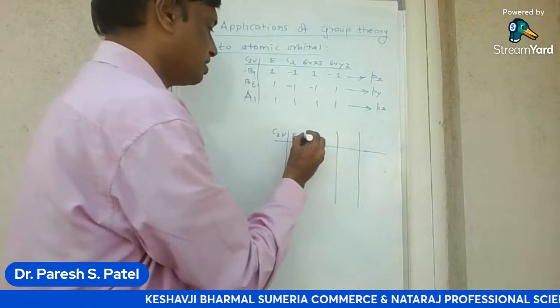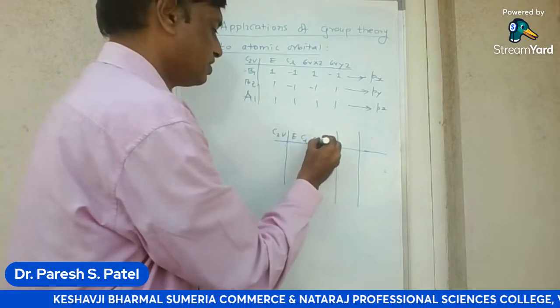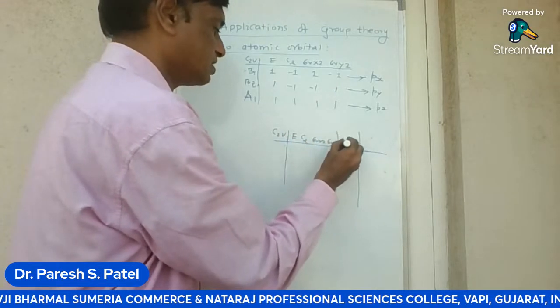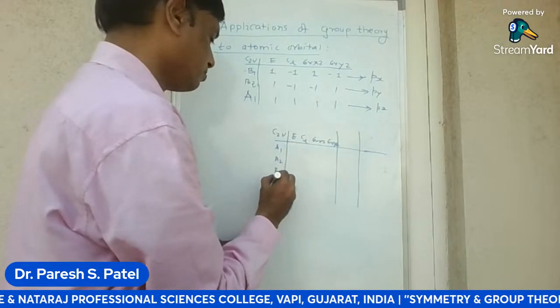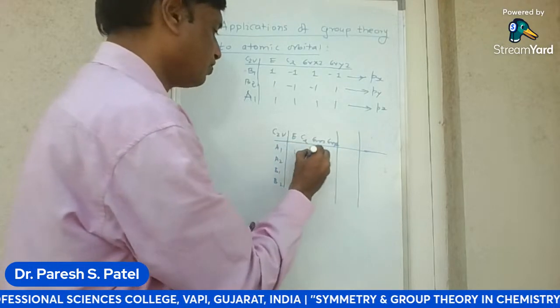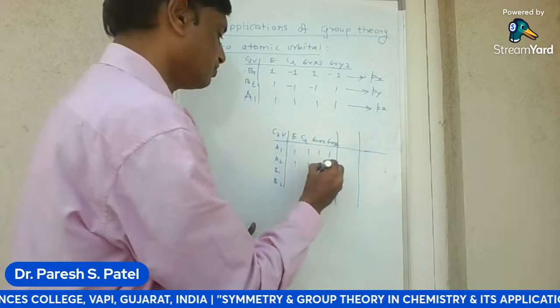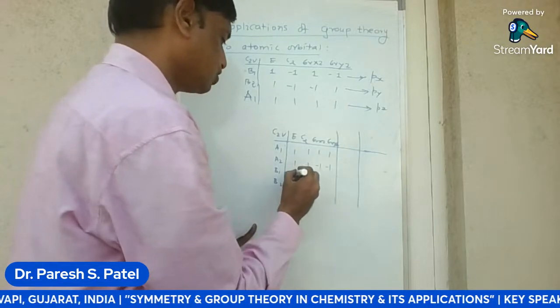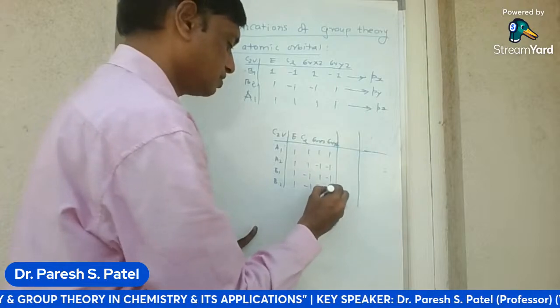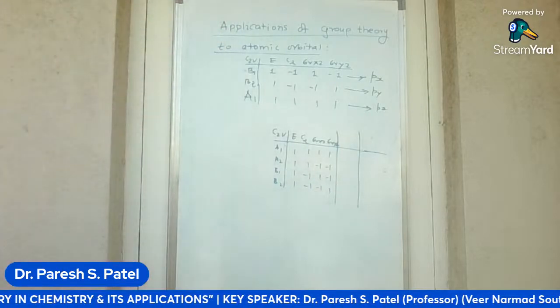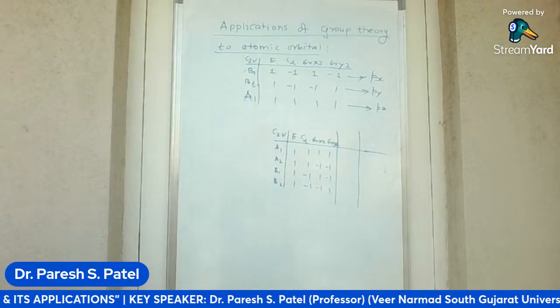C2v, E, C2, sigma v xz, sigma v yz; A1, A2, B1, B2: 1 1 1 1; 1 1 -1 -1; 1 -1 1 -1; 1 -1 -1 1. Okay, so in the case of the water molecule,